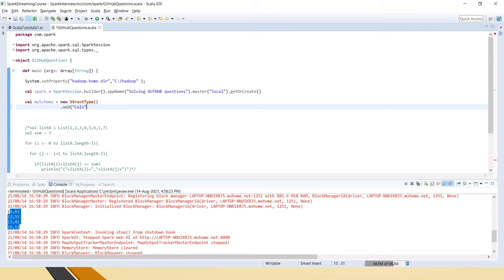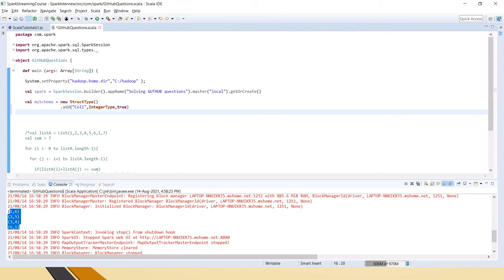Dot add of, I'll say col1. Just for example, we have all integers there, so I'm taking integer type and nullable equal to true. We have 4 columns, because in the third row we have one extra column.